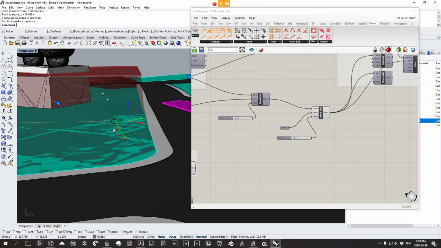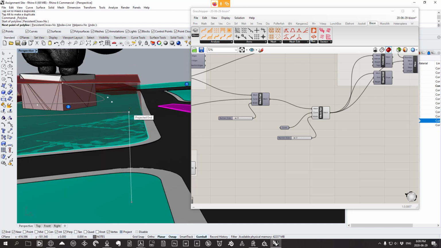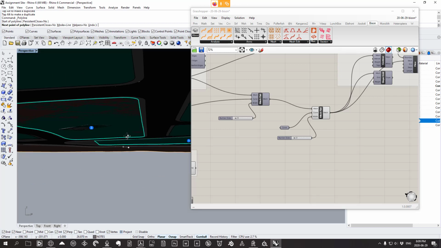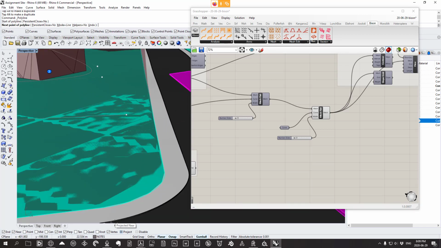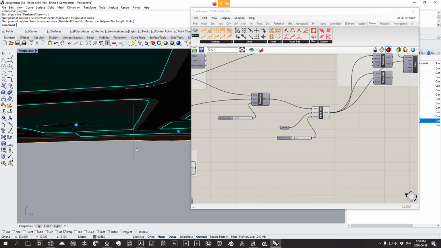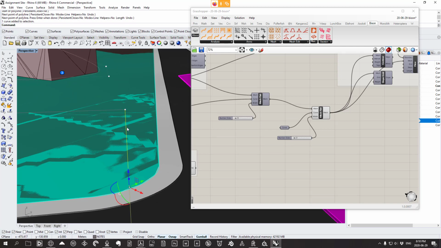If you don't have a point that you can snap to right now, an easy way to figure out a snapping point is simply to turn on Project, turn on Planar, click on your Polyline tool or type polyline. With Project and Planar on, you can see how I'm drawing a point, but it's actually drawing it on the CPlane. Turn off Project, and that will create a straight line going straight up from the end of your point. Then with this line, just click the Split button or type split,